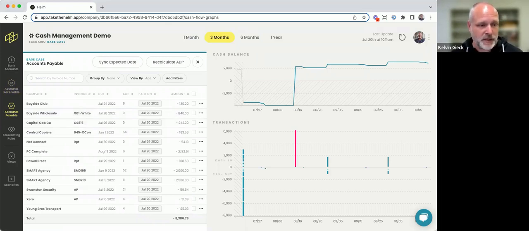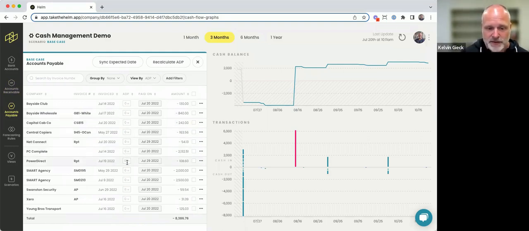It's all here just by a click of the button. Again, much like accounts receivable, we have the concept of ADP, which is average days payable. So this is how long it takes us to pay people. And we can see here that we pay NetConnect in 9 days, Power Direct in 10 days, Swanston Security in 6 days. So this gives us a lot of information about how we typically pay, which could be useful in